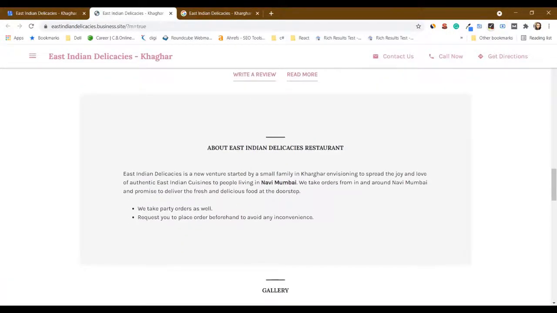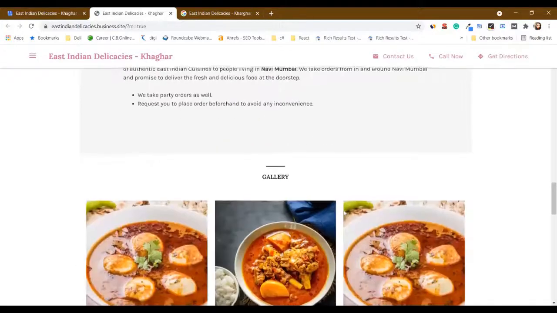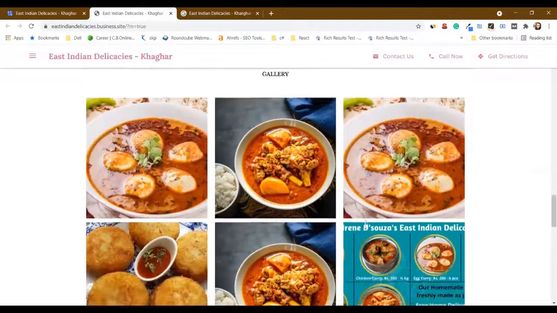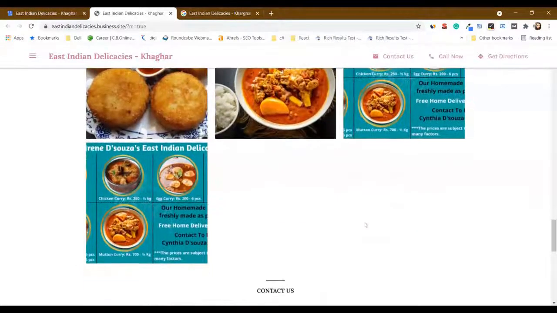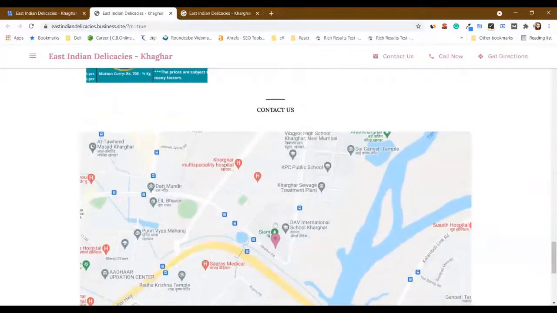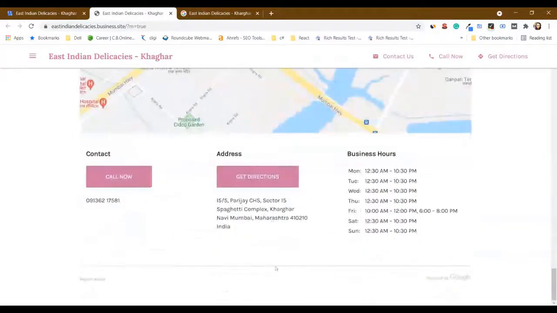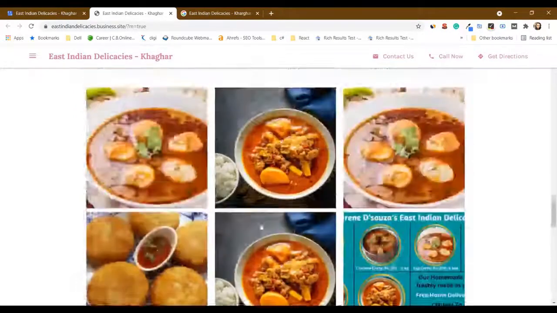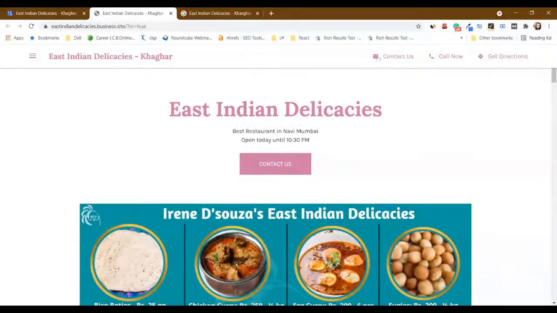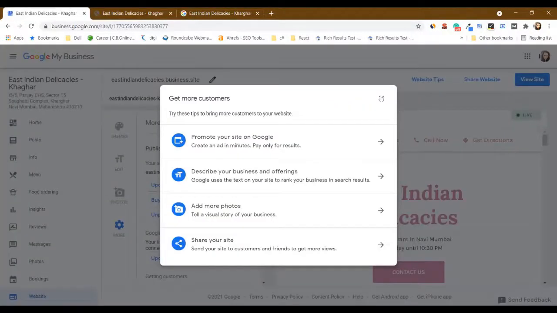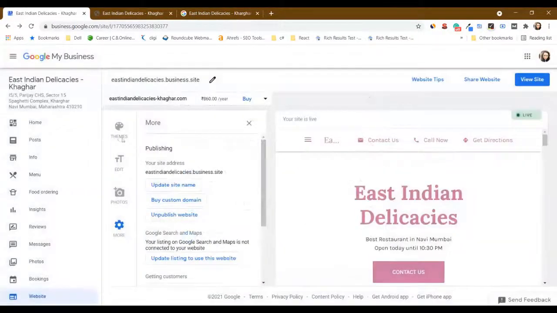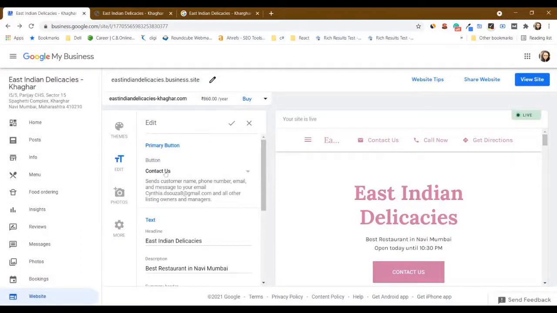Okay, so here you can see about my business and the photos of the food that I am offering. Also, there is contact us, and this is all my business information. So this is very easy to create. So someone clicks on the contact us button. Here you can see that I had created in this edit section that a contact us button should be there on the website.